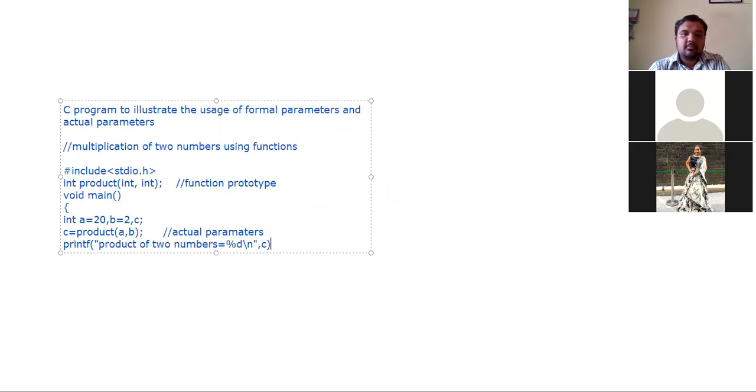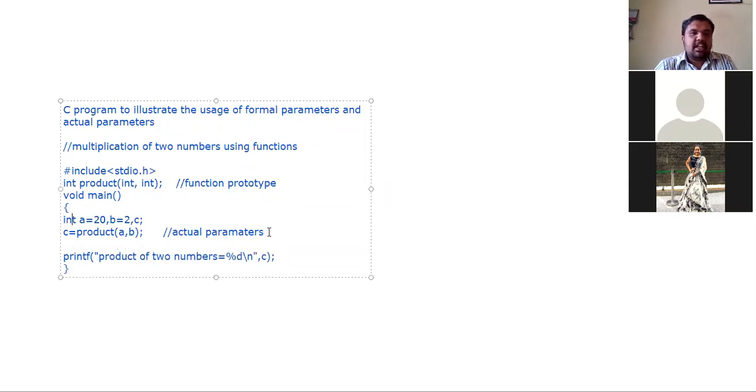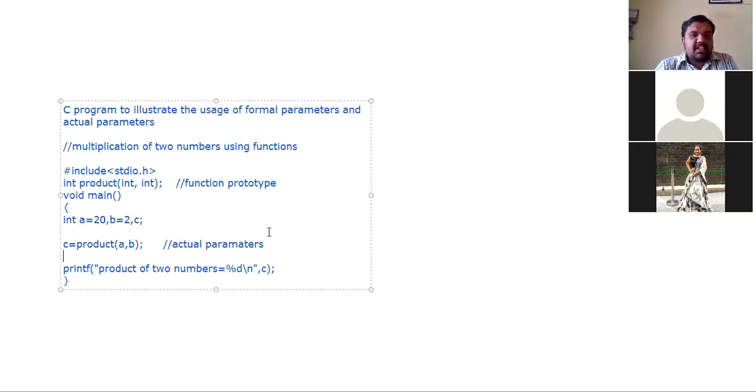C. Like this. In the main function, we have written like this. So c is equal to product of a and b. That is the function call. These a and b are nothing but the actual parameters. Now comes the concept of formal parameters. Let us see how it actually works.